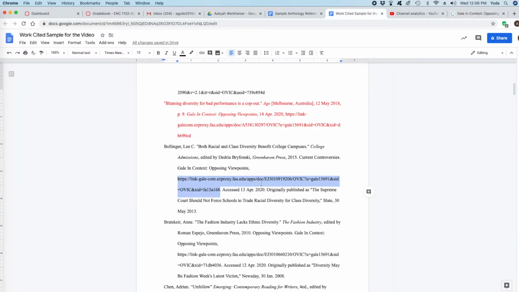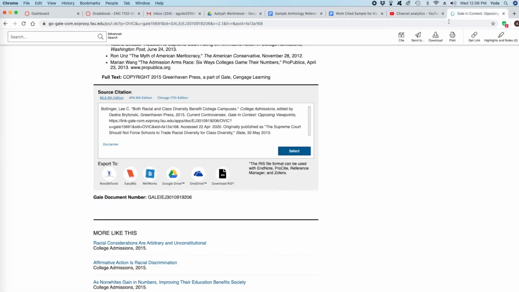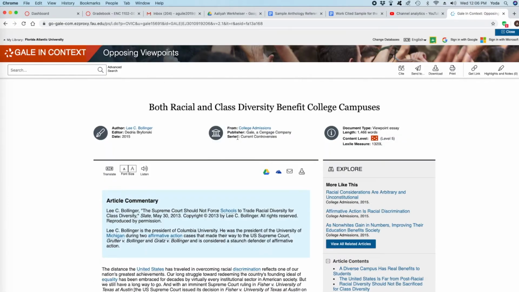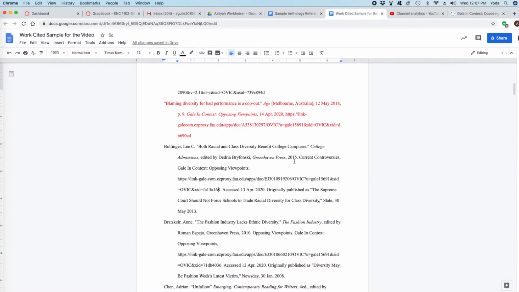Okay. So you come over here, we're going to say that is fine right there, because we're able to find what we're looking for. Do you see where it says current controversies? Let's go back to see if it has current controversies in the title of the website. See right here? No current controversies. So that means they're not reporting correct either. Remember, you can't trust these guys. So we delete this.